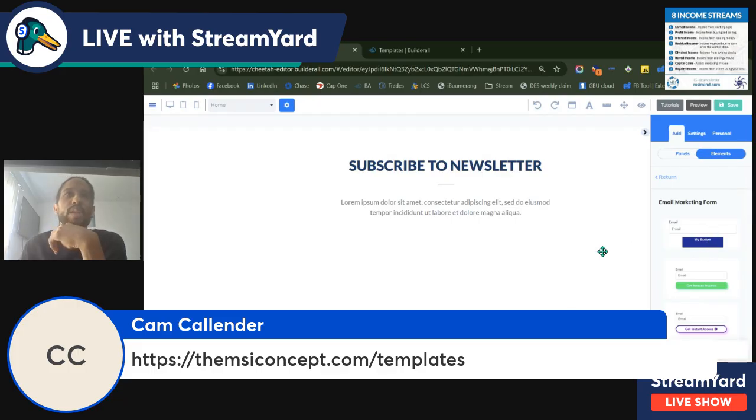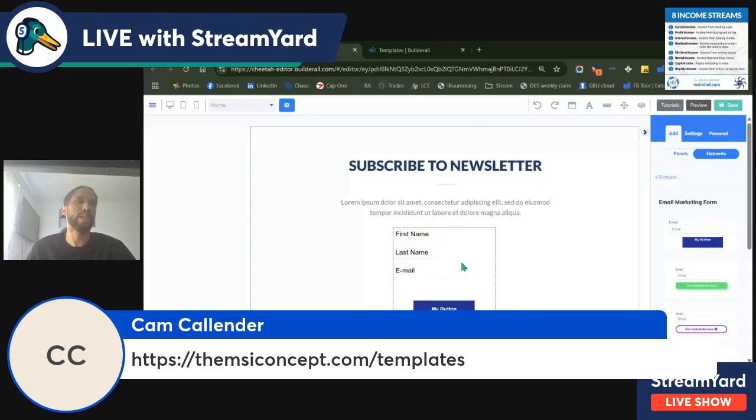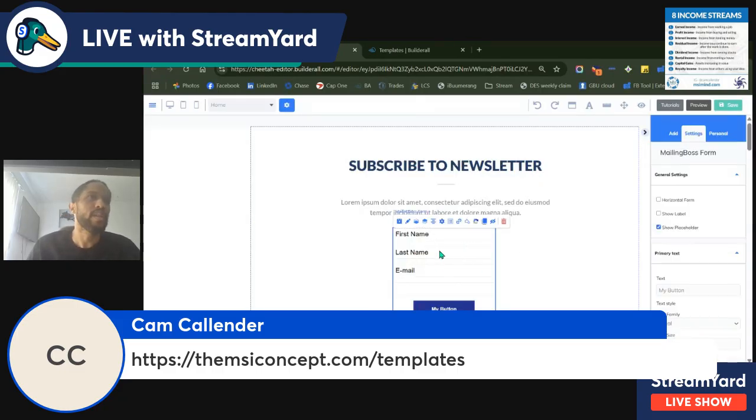So we'll just grab this email marketing form here and select newsletter because that's the only template we have. You can also create a list here if you're creating a new list, which we'll do. We'll create another list as well, but then you have to go in and change all the parameter features as well, like what information you want to capture. So when we go and update this list,